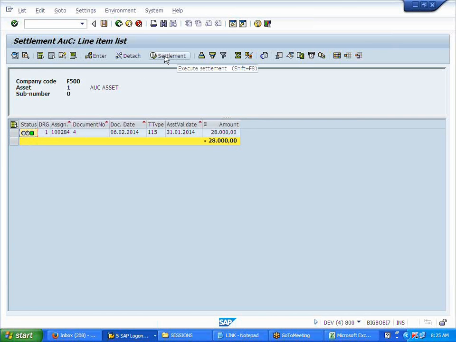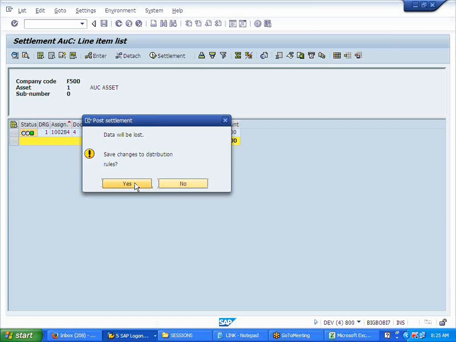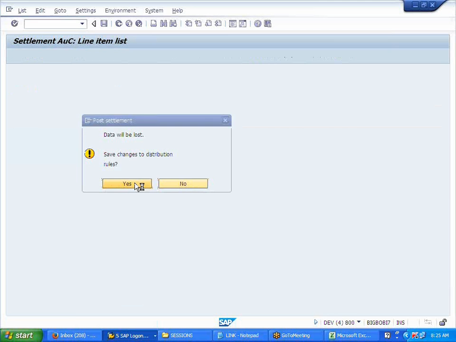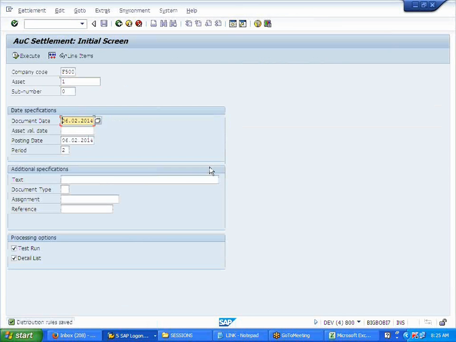Now you go to the settlement over here. It says save the changes, yes, save it. The dates are very important over here. So I'm doing it on 31st 01 2014, period 1.